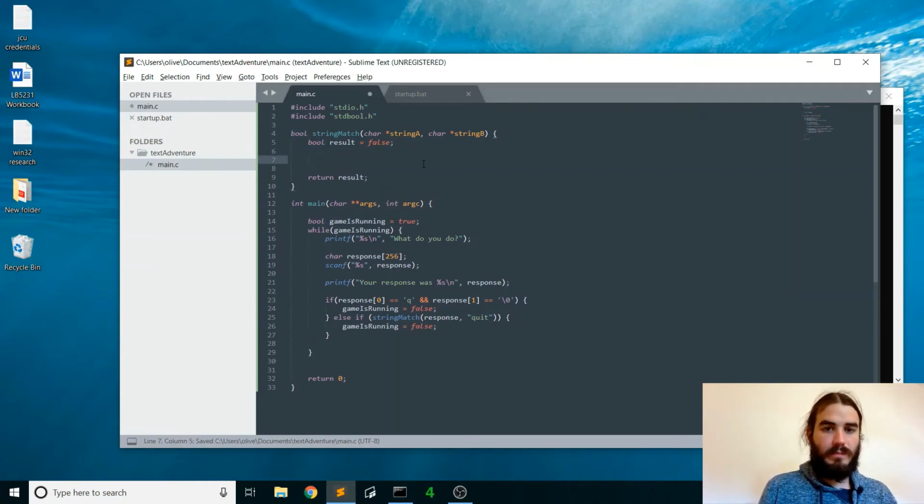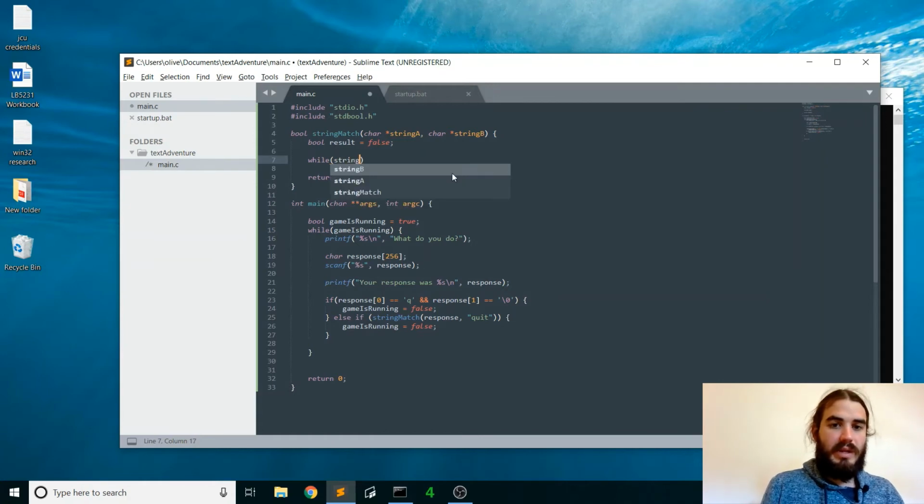Okay. So now we're going to go while string A, so we'll dereference the pointer to actually get the character out. So character pointer is saying that we're pointing to an array of this type, or we're pointing to some place in memory that has a char in it. And in C, strings are just big arrays of characters. So it'd be like